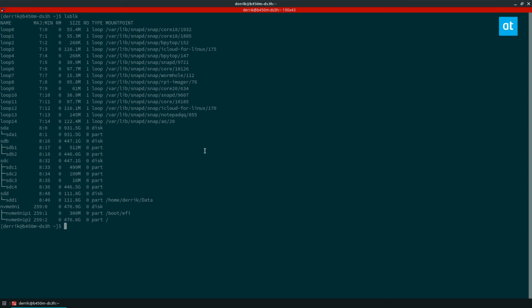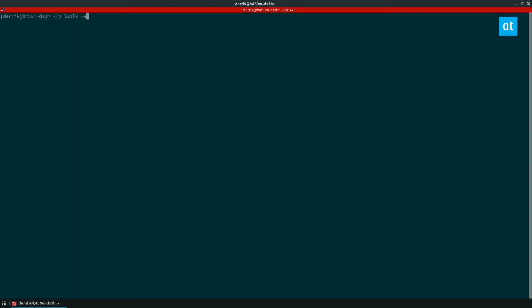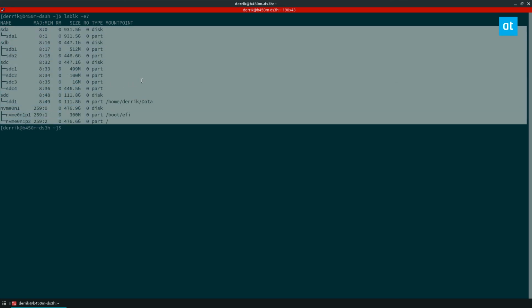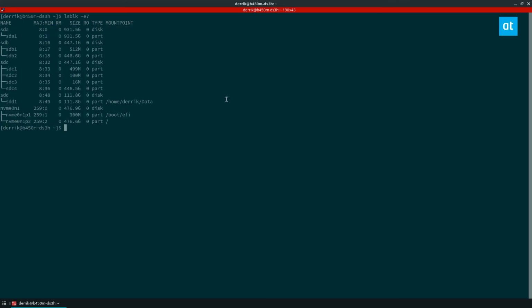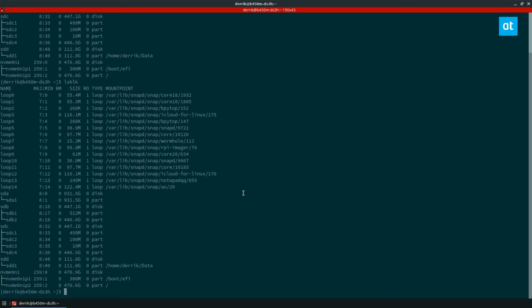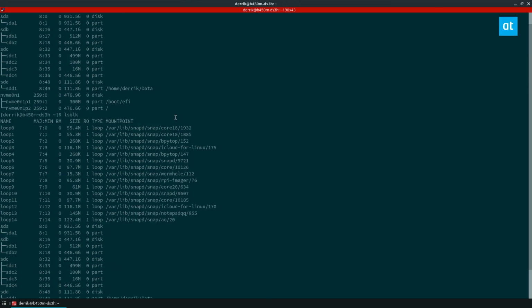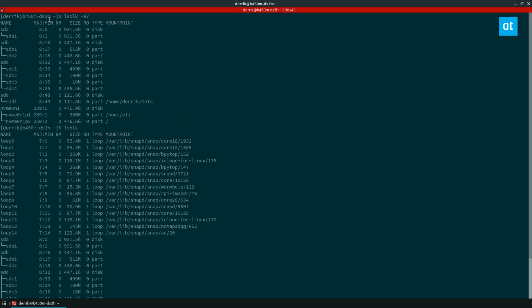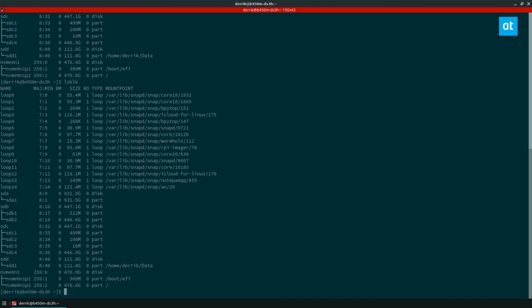The way you can get rid of it is to run the lsblk -e7 command. Now, as you can see, we do not see those. We don't see them because we're running -e7 as opposed to the regular command, where we have them in here. That's great if you want to type out lsblk -e7 every single time. But if you're running from muscle memory and you run this command, you're going to see this everywhere you go all the time. So to make it go away permanently, what you can do is